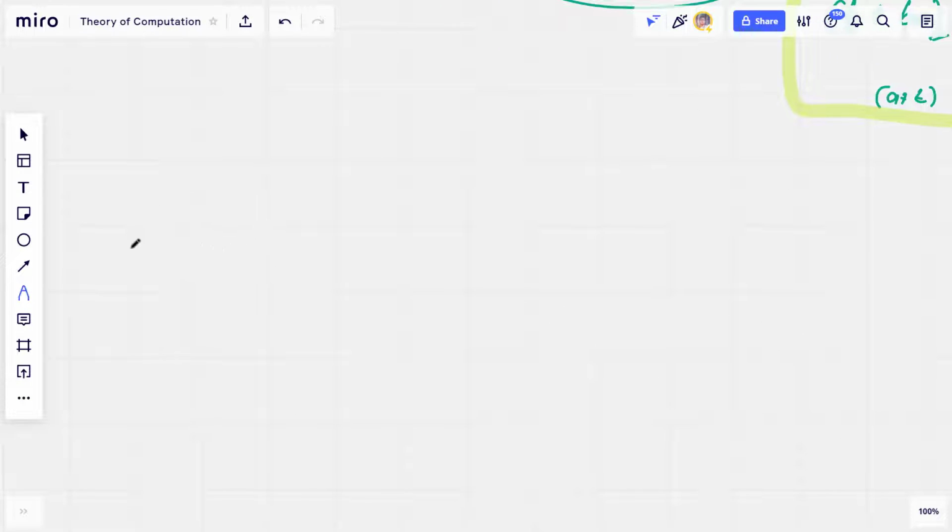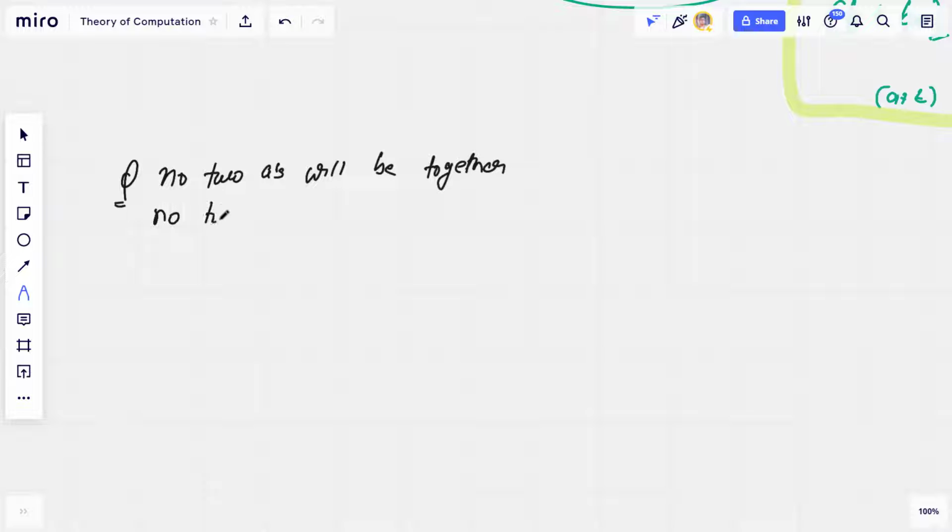This is also going to be interesting. This is going to be comparatively easy. It is a set of strings in which there are no consecutive A's, that is, no two A's will be together. No two A's will be together,